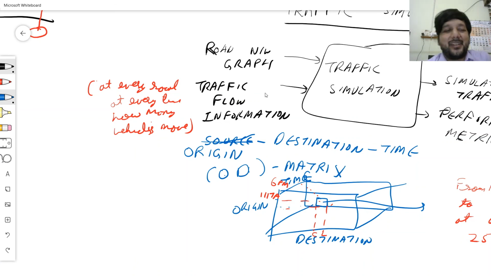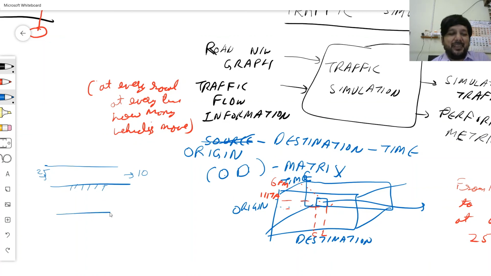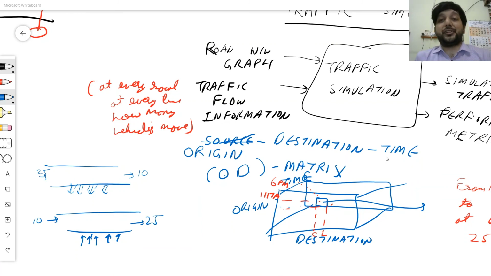So you have a road where you saw that 25 vehicles come here, but only 10 leave. So the other vehicles belong to people over here, most probably, and vice versa, 25 leave, 10 enter. So some people went in over here or went out over here. That kind of information is again something that can be extracted once I have the traffic flow information, which will give me the input that I need for the transportation system.